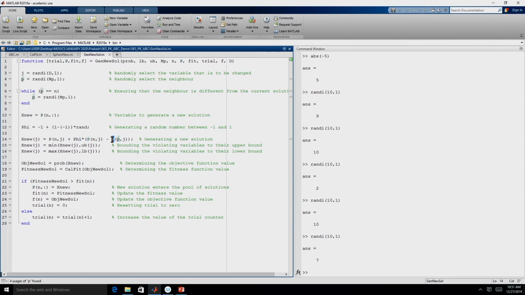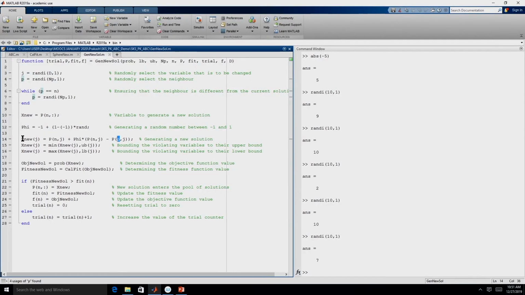The uppercase P indicates the population and the lowercase p indicates the partner. So, we are extracting the jth variable of the solution that is undergoing the employed bee phase and the jth decision variable of the selected partner, which is denoted by the lowercase letter p.